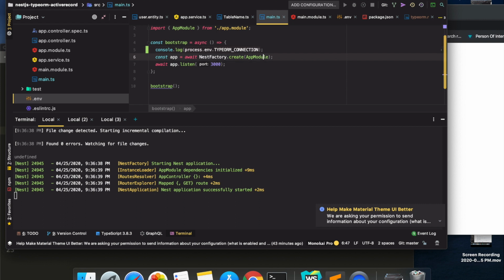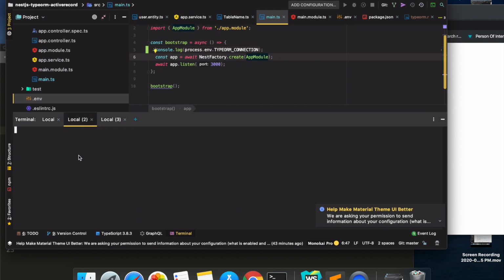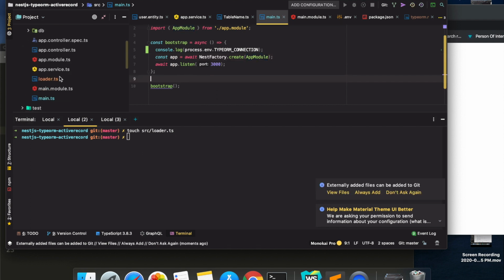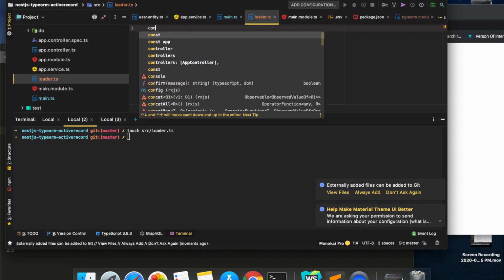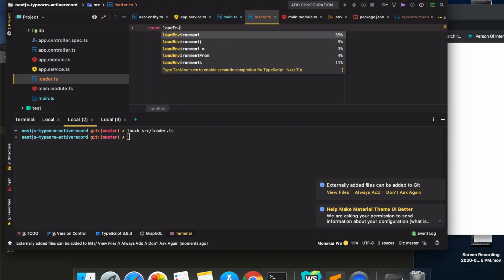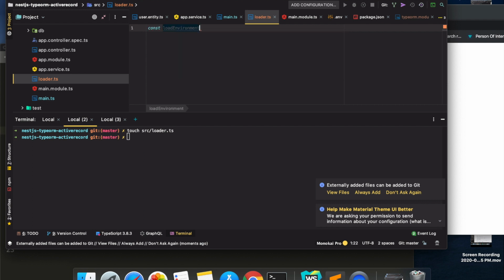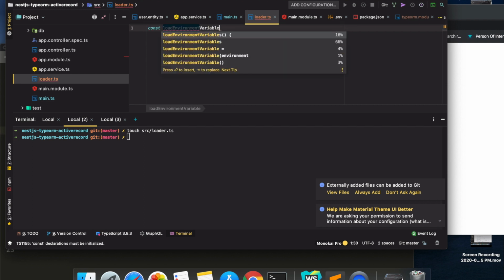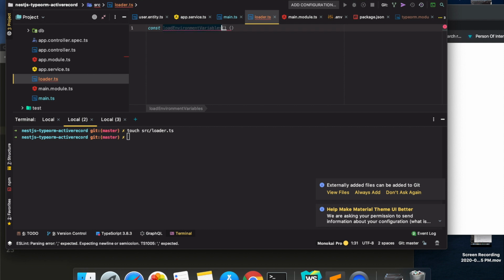For that, let's create a loader file. In that loader, let's create a function const load environment variables, and let's make this function async.